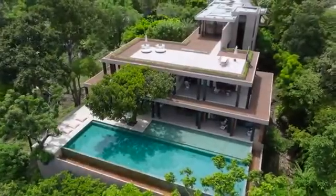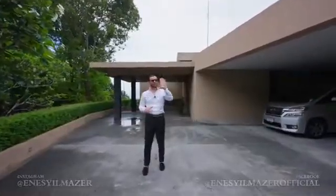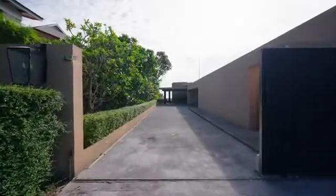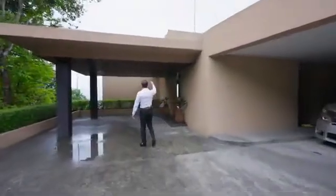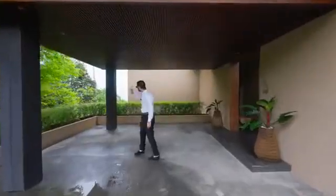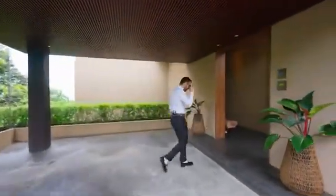Welcome to this amazing property. We're gonna start our tour on the exterior. We have the gate opening up to this private driveway where you can park 10 to 12 cars. First carport to our left, and going this way you can see the main carport that's right in front of us with beautiful wood-clad ceiling, rain chain around the corner, lush landscape, and to my left we have the entry